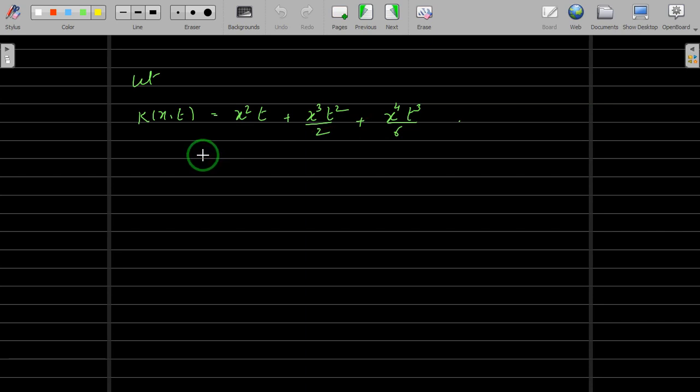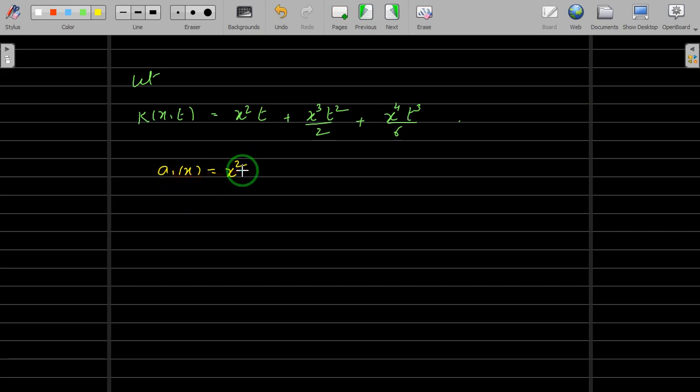So in this case, when you use this approximate method, you will have a separable kernel, and for that you have something called the a_i(x) and b_i(t). Not necessarily in order, you can shift because it's addition. I can write the second term first, the third term, it doesn't matter. So this order is not so important.